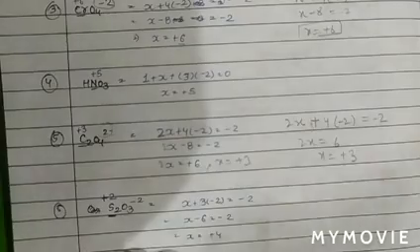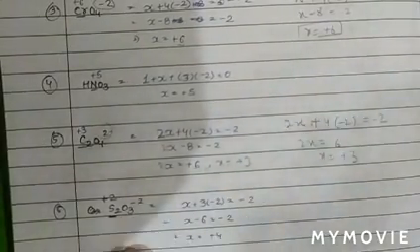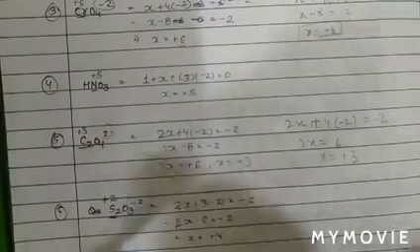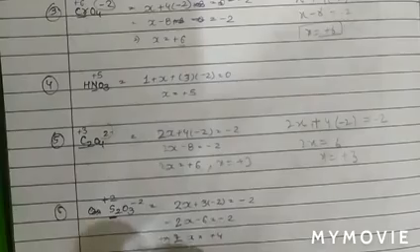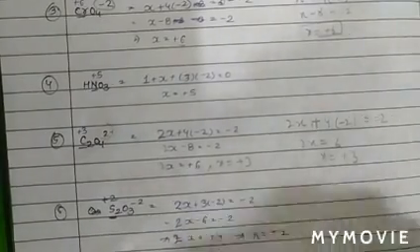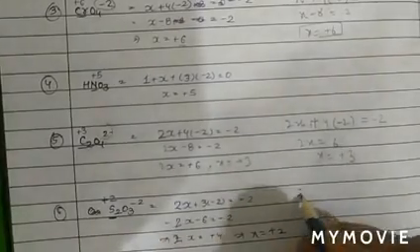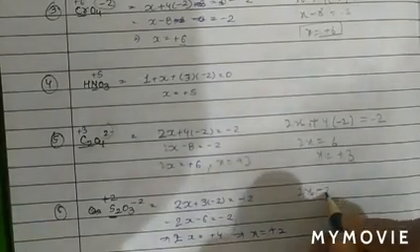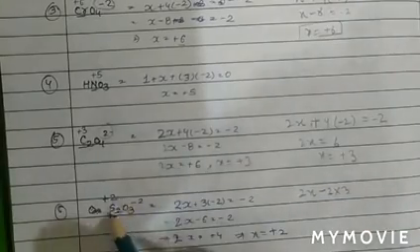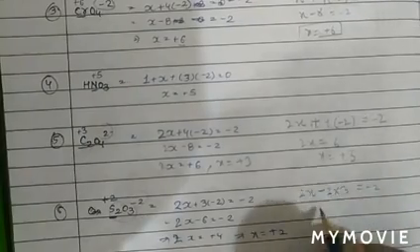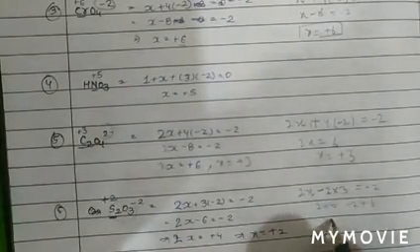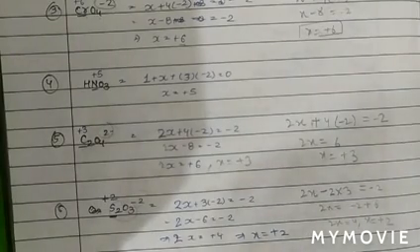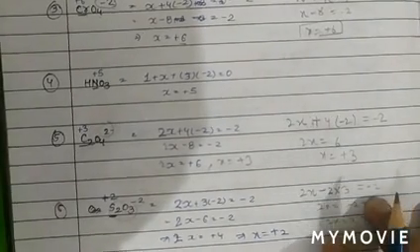Now see the next. The next is S2O3. Again, let sulfur be X. As we can see in S2O3, 2 sulfur atoms are present, therefore 2x. Oxidation state of oxygen is -2 as oxide. So -2 into 3 is equal to the charge. The charge present on it is -2. So 2x equals -2 plus 6. 2x equal to 4. So x is equal to +2, the oxidation number of sulfur in this compound.